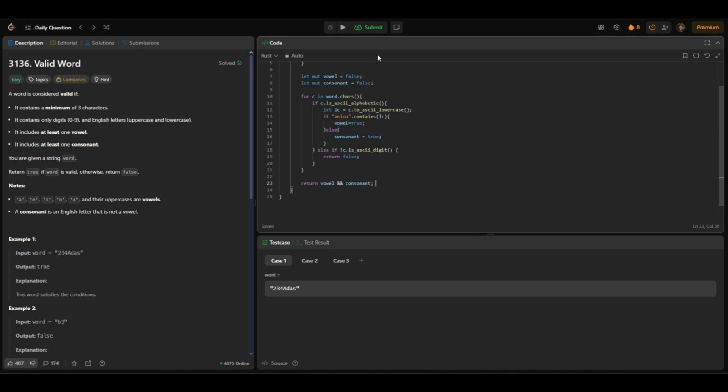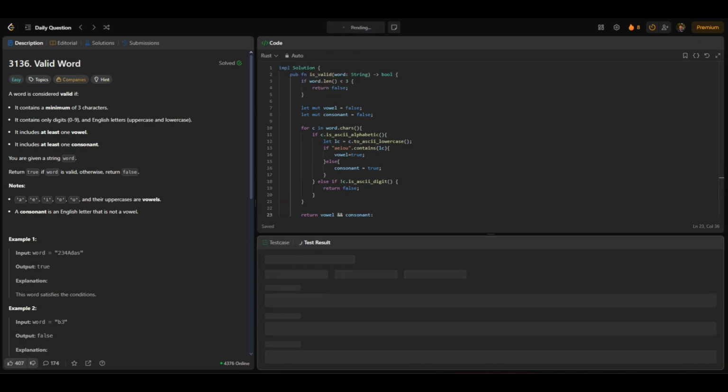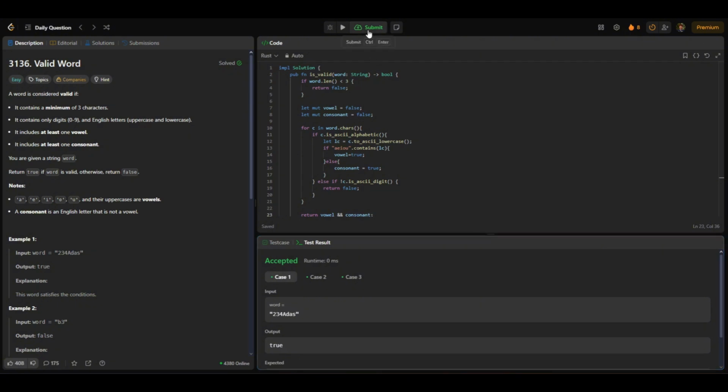And that's it. If we run this, it passes our test cases, and if we submit it,